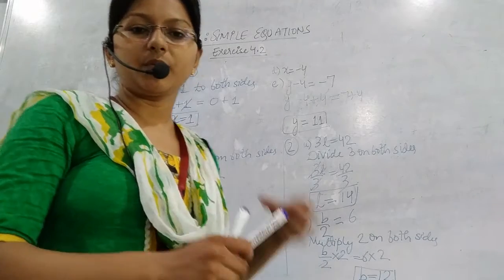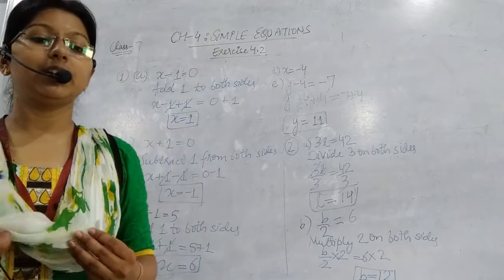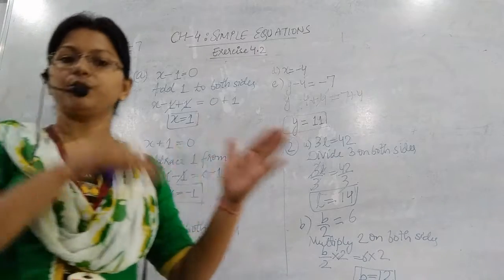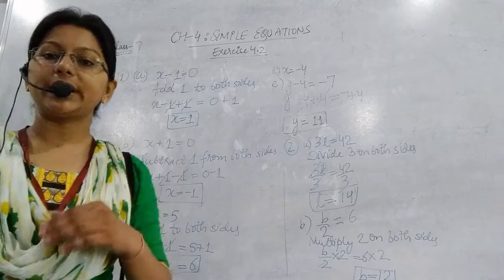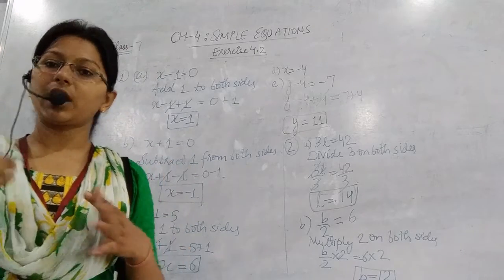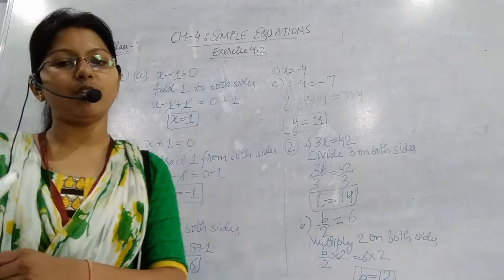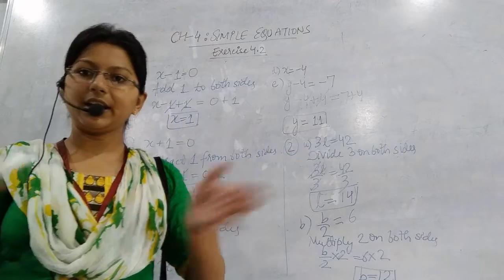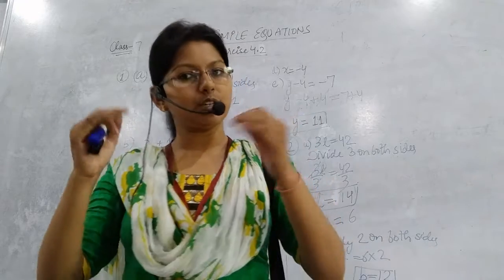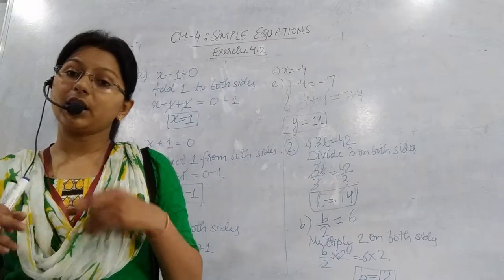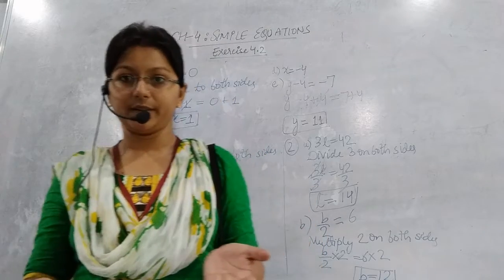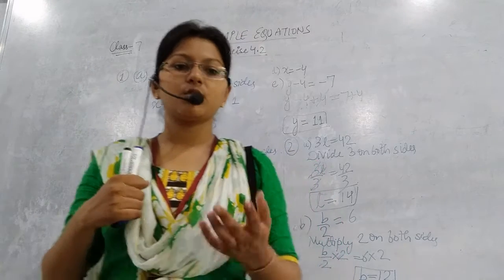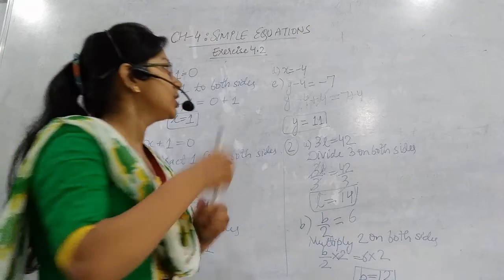ठीक है, तो इस तरीके से आपका आंसर आ जाएगा। B पार्ट हो गया, वैसे ही आप लोग C पार्ट भी सेम है, 7 जाके मल्टीप्लाई हो जाएगा, we will get p is equal to 28। In D part it's 4x, so 4 will be divided, x is equal to 25 by 4। Since 25 by 4 can't be solved further, so we can leave it in the form of fraction। E part 8y is equal to 36, so we will divide 8 on both the sides, y is equal to 36 by 8। Now 36 by 8 can't be divided completely, but it can be simplified। Okay, both are coming in the table of 4, 4 9s are 36, 4 2s are 8, so y is equal to 9 by 2।